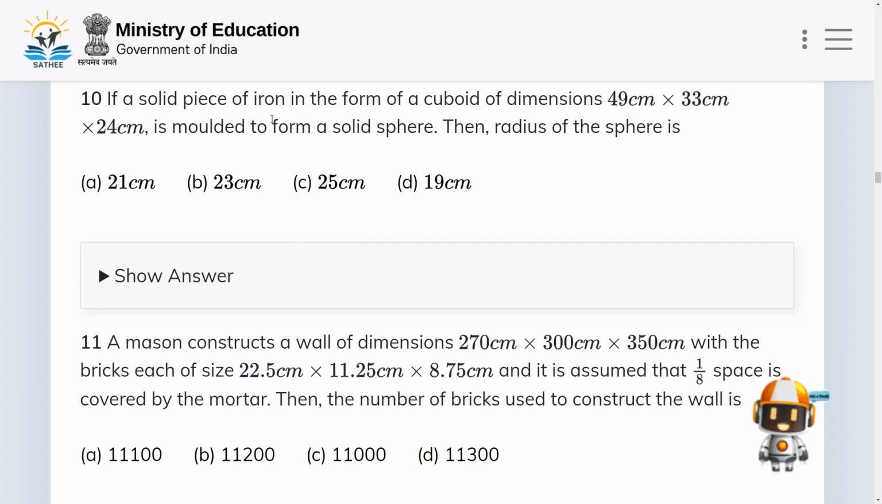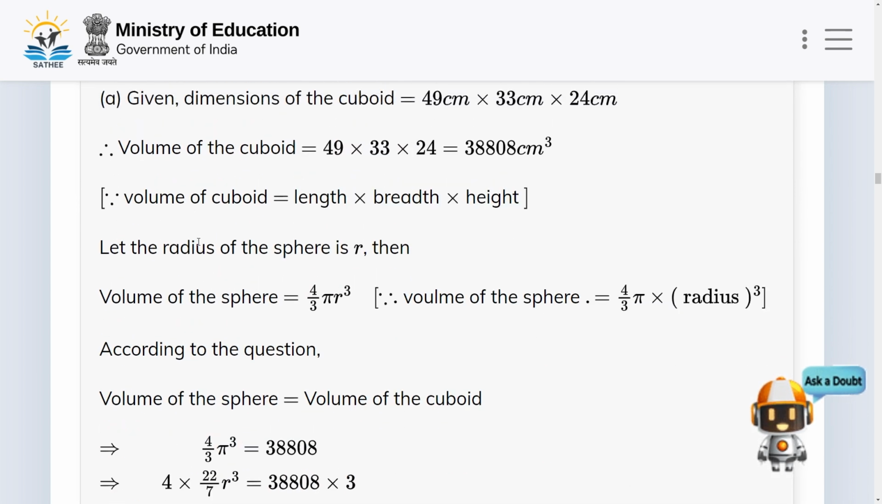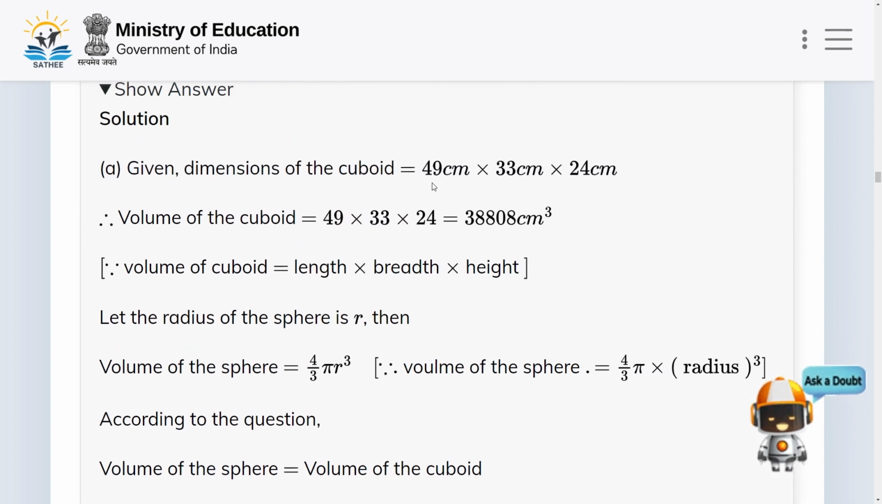So if a solid piece of iron in the form of a cuboid of dimensions 49 centimeter by 33 centimeter by 24 centimeter is molded to form a solid sphere, then the radius of the sphere is what? So we need to find the radius of this sphere. So let us see how to find it. Given the dimensions of the cuboid are 49 centimeter by 33 centimeter by 24 centimeter, and therefore the volume of the cuboid is